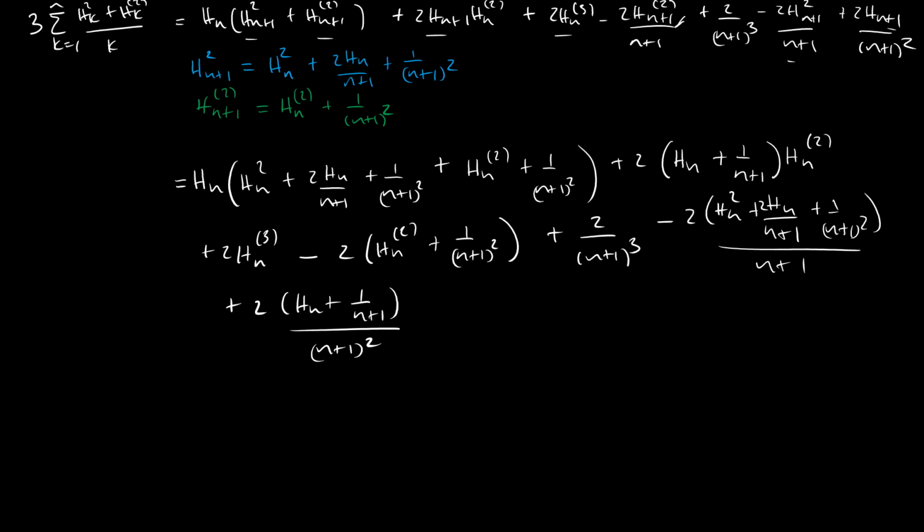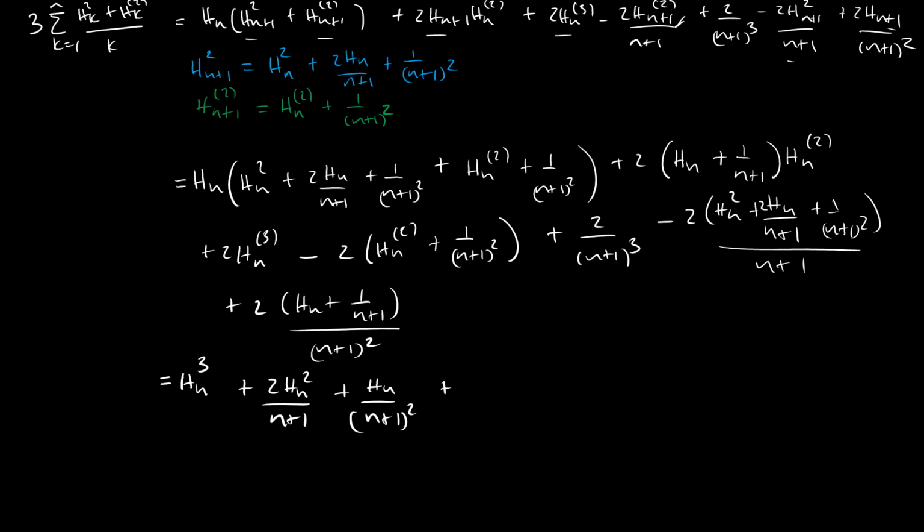So this becomes Hn cubed, not bracket, just cube, plus twice Hn squared over n plus 1 plus Hn over n plus 1 squared